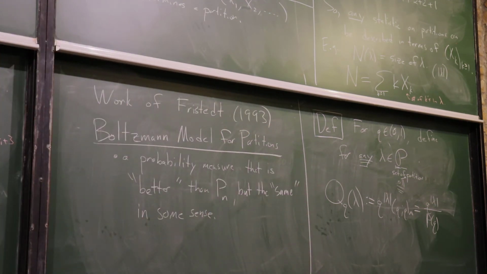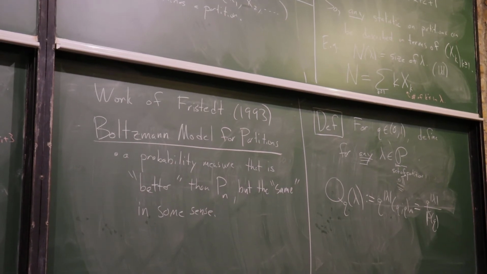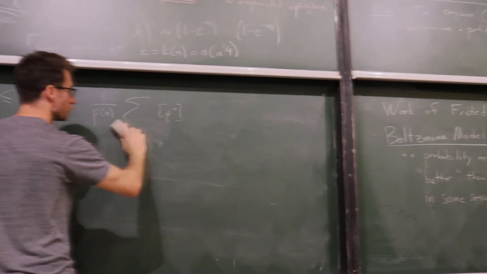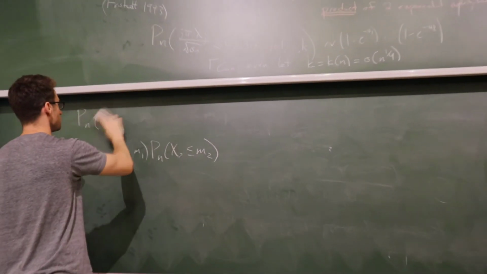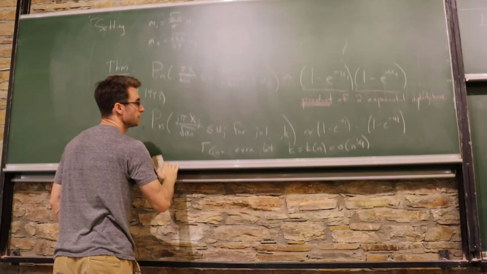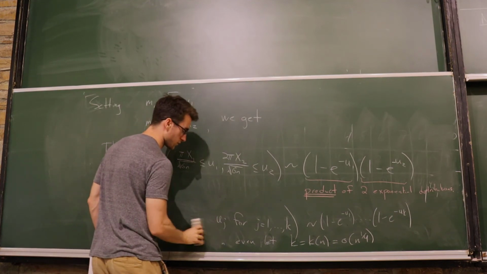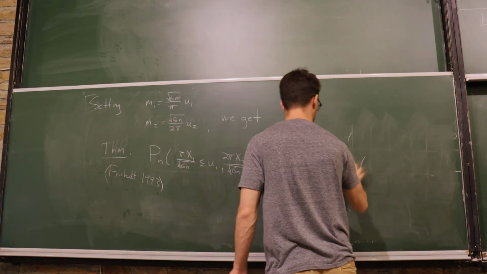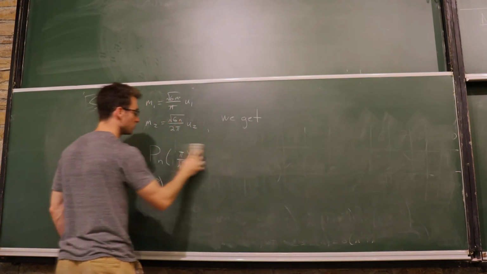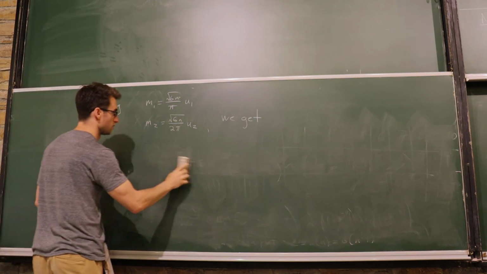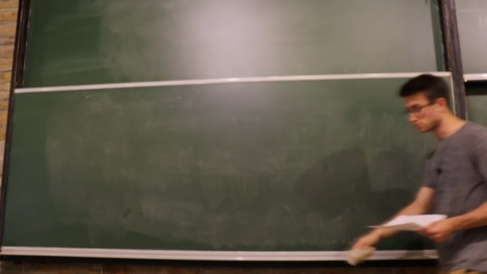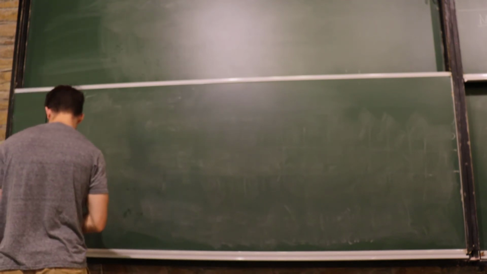And what I want to do before showing, so I think tomorrow I'll show you some applications of this guy, what you can do with it. For example, it was requested to see an algorithm for generating partitions. So you can use this to generate partitions in a really fast way. So maybe I'll do that tomorrow. And maybe we'll do some other cool stuff with it tomorrow. But what I want to do today is just prove some simple properties of this guy, the Boltzmann model. And so also the terminology Boltzmann model is not what Fristedt used. This came later when people figured out how to do these for combinatorial structures in general. But okay, so